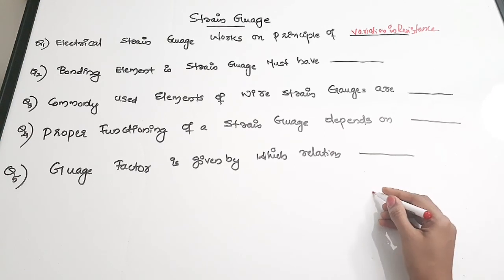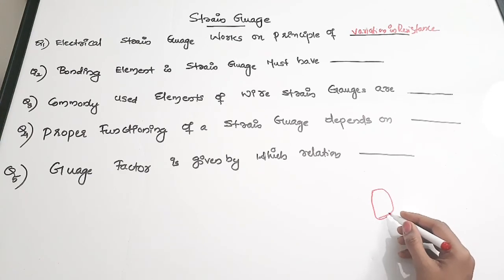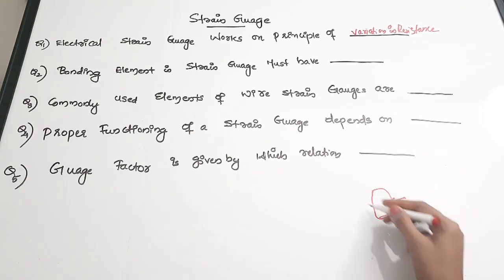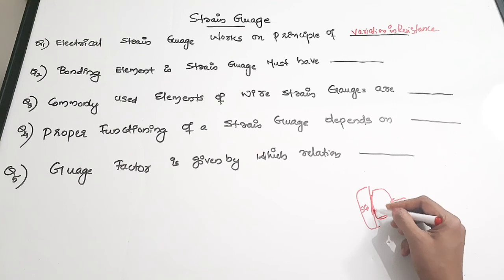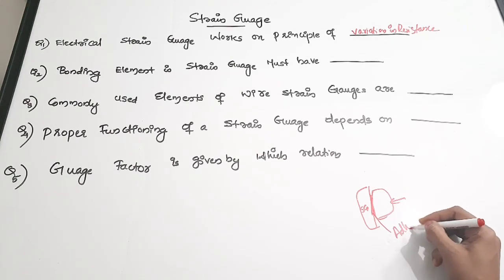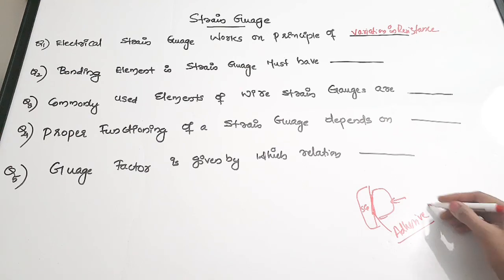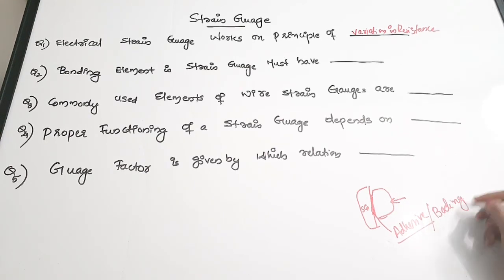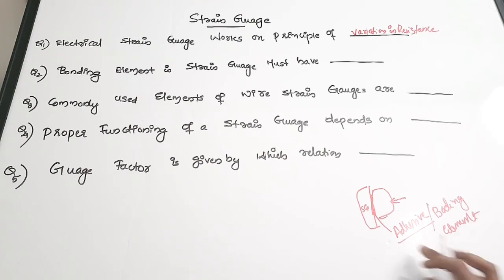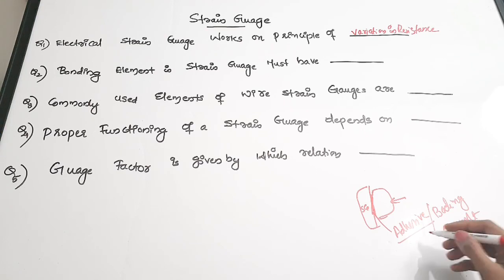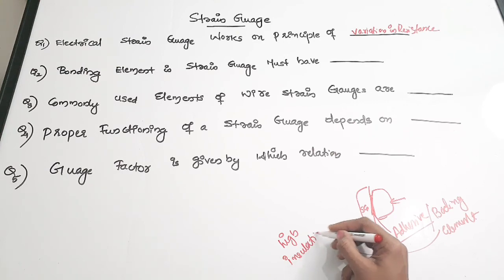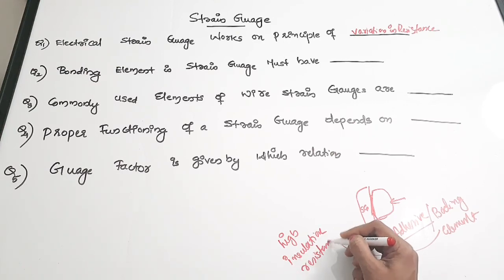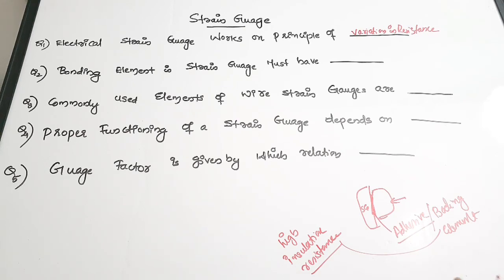So in order to measure a strain of an object, consider that this is the object to which we want to apply the strain, and we want to measure the value of that strain. So we connect the strain gauge to this object with the help of an adhesive, right? Adhesive or a bonding element. We can call it by both names, bonding element or adhesive. So this bonding element or adhesive should have a high insulation resistance, and also it should be immune to moisture, and also it should